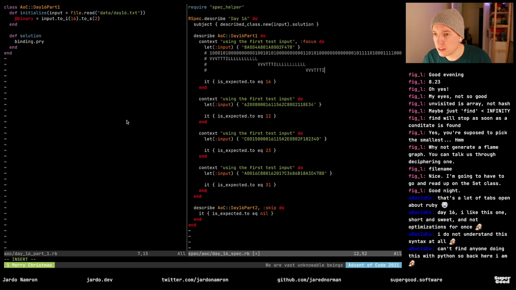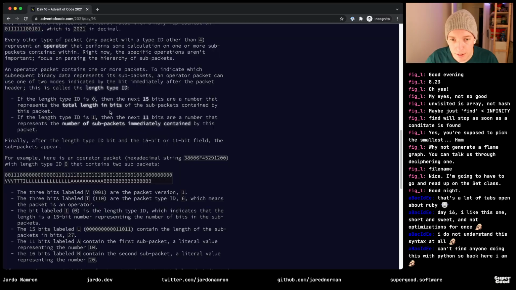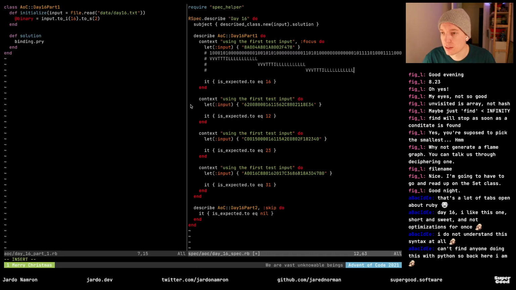VVV, TTT, I, 1, 2, 3, 4, 5, 6, 7, 8, 9, 10, 11. Tells us that our type ID is 0 here, which means the next 15 bits,